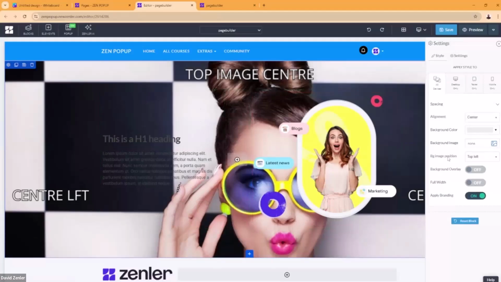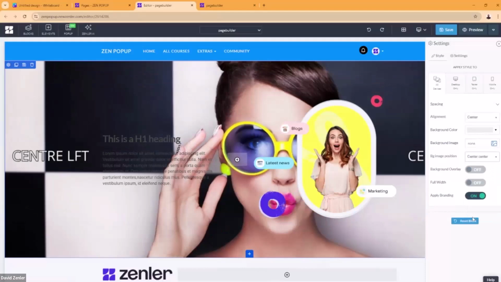Now there is a background position. Notice that this image is at the very top of the image, top image center, right? This is how it looks. And if I change the background position to center, the background image will shift. So it shifts in accordance to how big your block area is. And I'm going to give you a template of this so you can see exactly what it is, and you can put your images in there and play around with it.